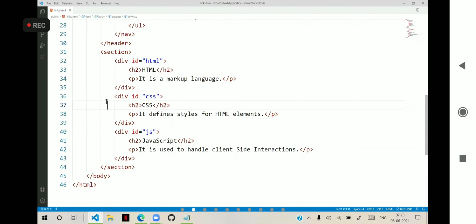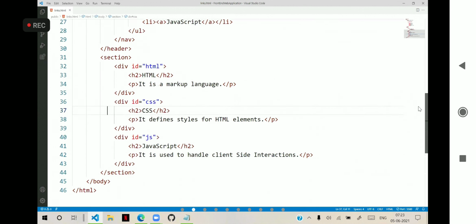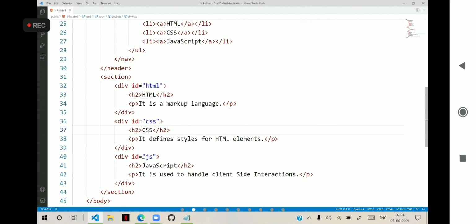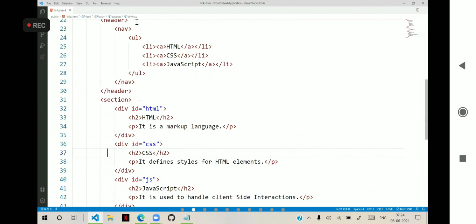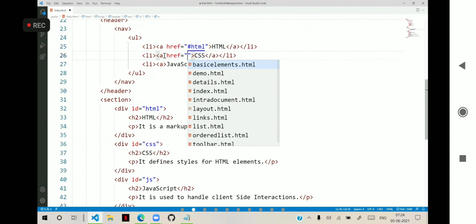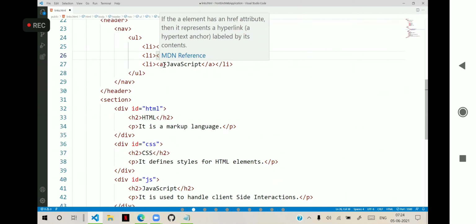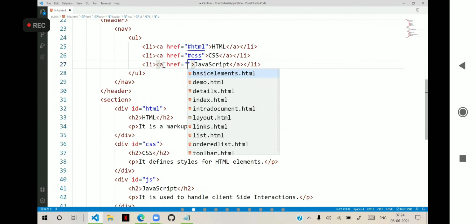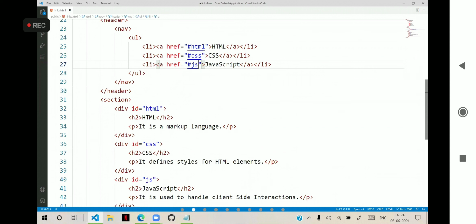Now, what is the problem is when the user clicks on the link, it should go to those topics. So href equals hash HTML, href equals hash CSS, href equals hash JS.